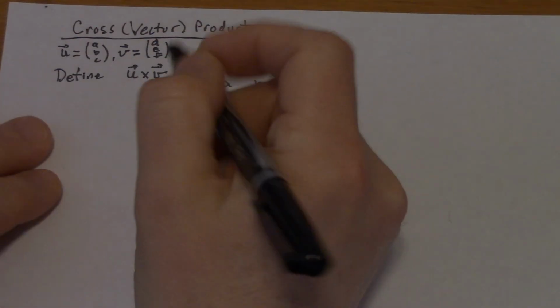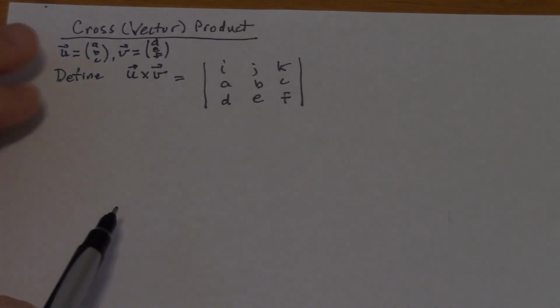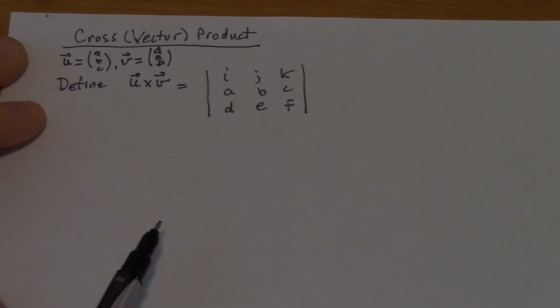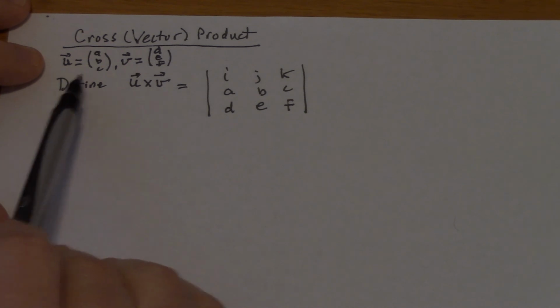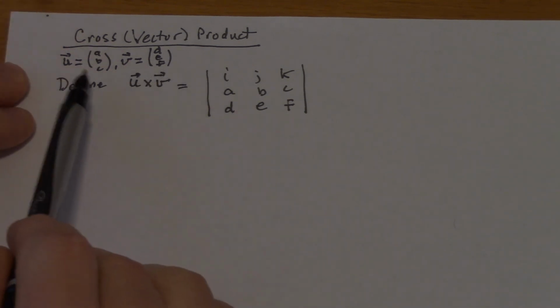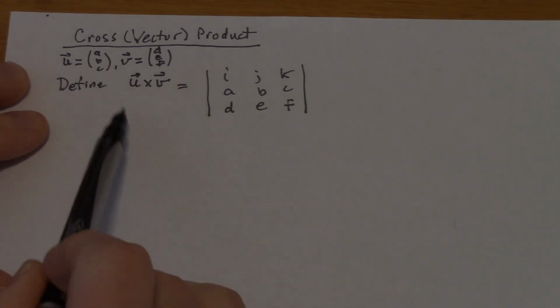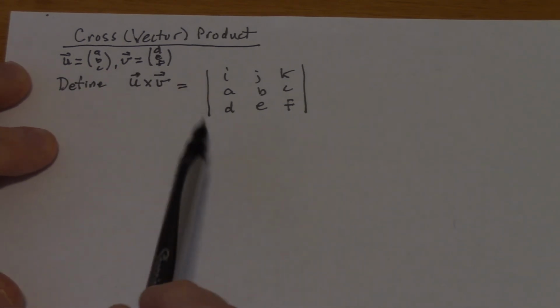Alright class, today we're going to talk about the cross product and what it's good for and properties and things like that. So it's kind of hard to see, but I'm claiming I have two vectors and I made them column vectors. I may switch back and forth between columns and rows. So this is vector u is ABC and vector v is DEF, and we define u cross v to be